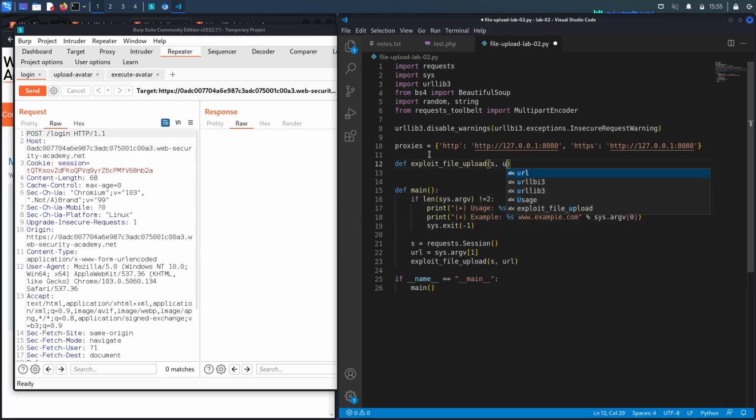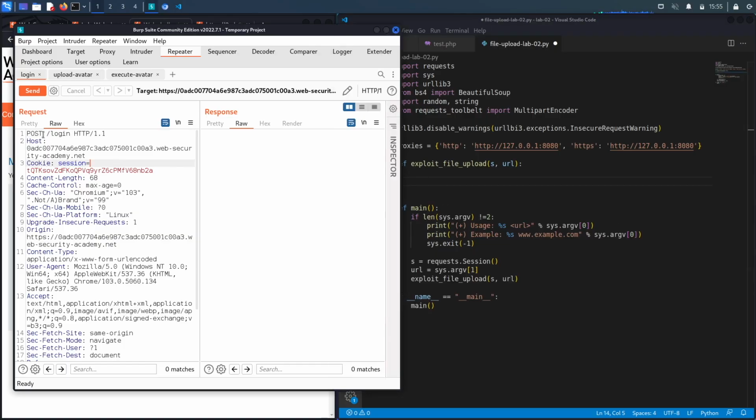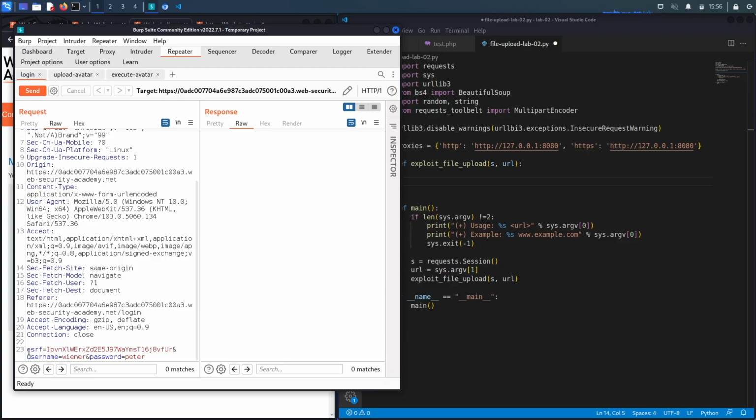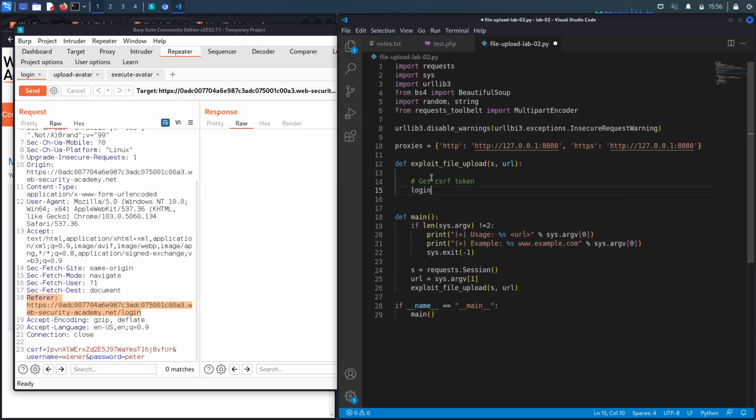It takes in the session object and the URL. Now, if we look at the login request over here, it's a post request to the /login endpoint. It takes in 3 parameters, a CSRF parameter, a username, and a password. Now the CSRF parameter we need to extract from the previous request, which is the /login request. So what we're going to do is make a comment saying get CSRF token. And to do that, we need to call the login URL. So that would be URL plus